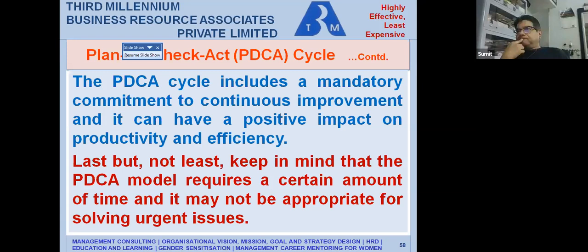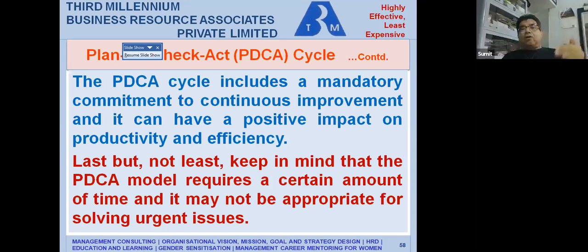So two key messages here. One I gave right at the beginning. It's a continuous improvement tool. Whether you use the Kaizen method, which is called an evolutionary process, gradually, little steps, or you use a BPR, which is a revolutionary process, 50% improvement, 100% improvement kind of dictation, PDCA will always help you.